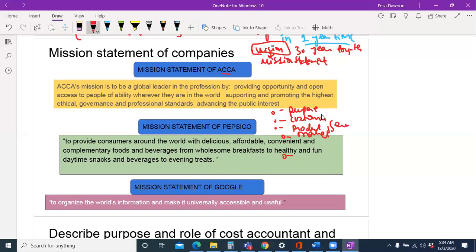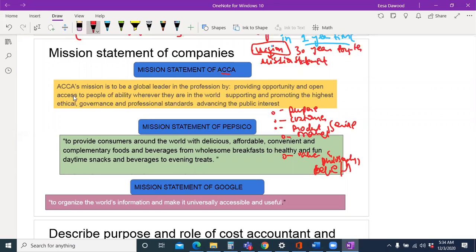So it's just going to tell you the purpose, who the customers are, what the products are, what market you're capturing, what level of service you're giving, basically what you're there for in the market. It will also tell you about the values, philosophy, beliefs of the company. Yeah. So, for example,